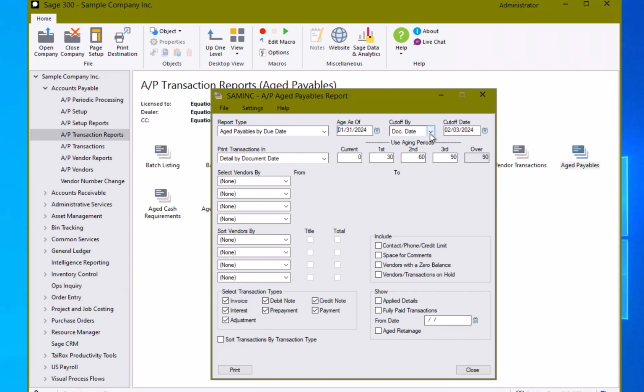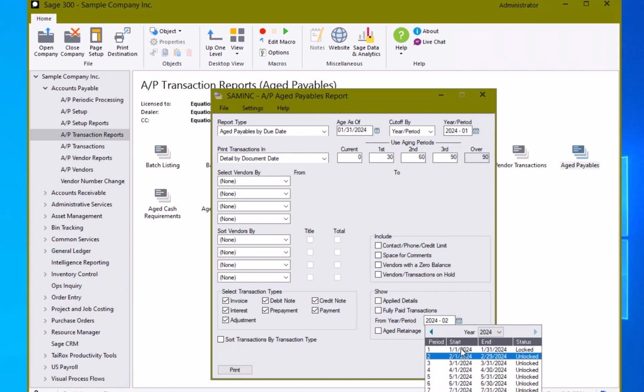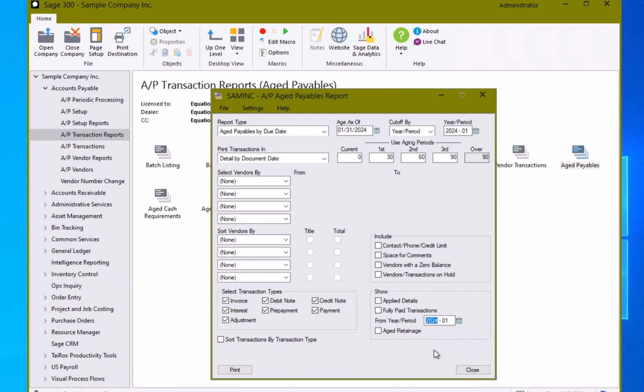We then also want to update our cutoff date, and we can use the document date, the posting date, or the year period. I recommend using the year and period when you are trying to run a payables report for a specific fiscal period, historical fiscal period, especially when you are trying to tie that to the general ledger for the purpose of reconciliation. In which case you would also want to show your transactions through by the same date interval,